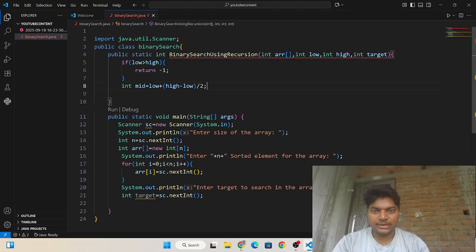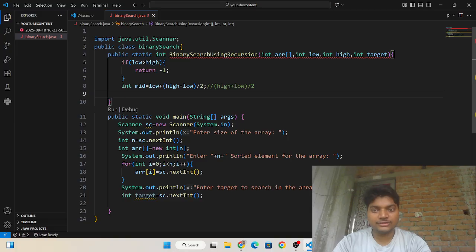It is the same as high plus low divided by 2. When you simplify this formula, you will get the same result.